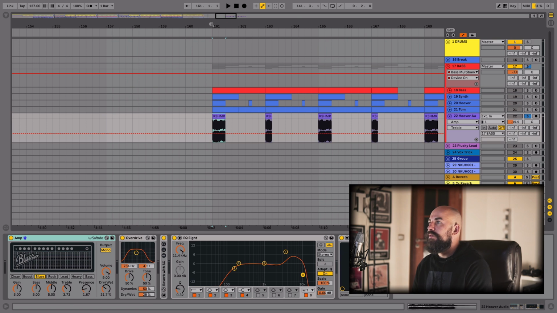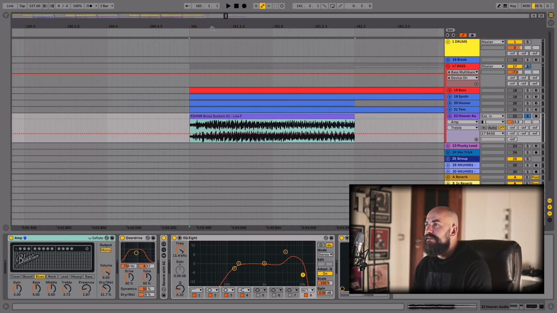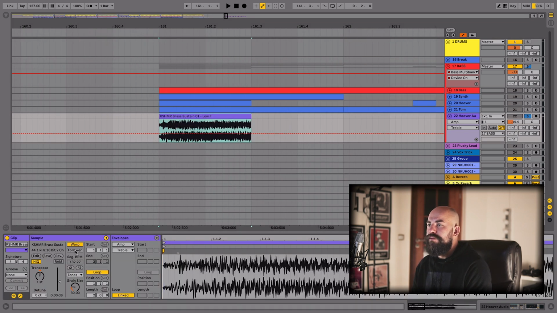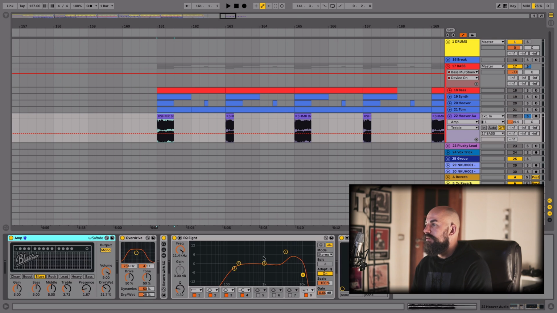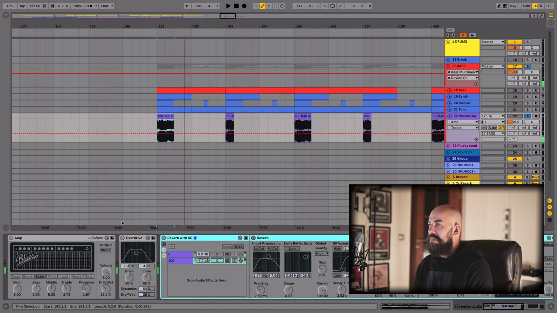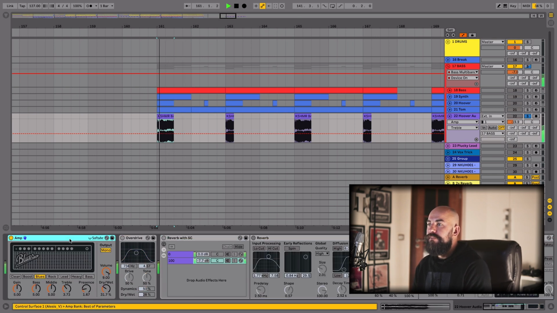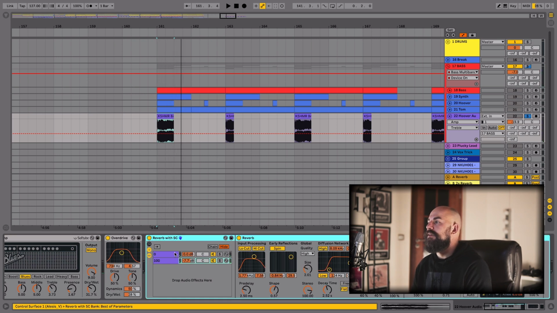And this is a sound from Kashmir. It's a brass sustain low F. I guess it's also being pitched up. Yeah, it's transposed up one note, so it fits with the F sharp scale. And this is the sound. Nice. An amplitude, overdrive, a reverb with the same technique,